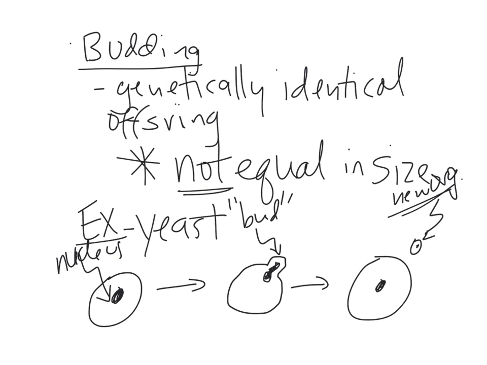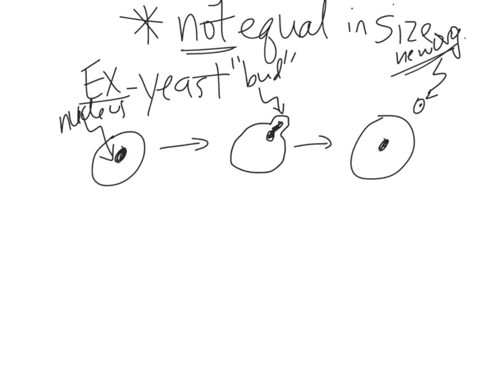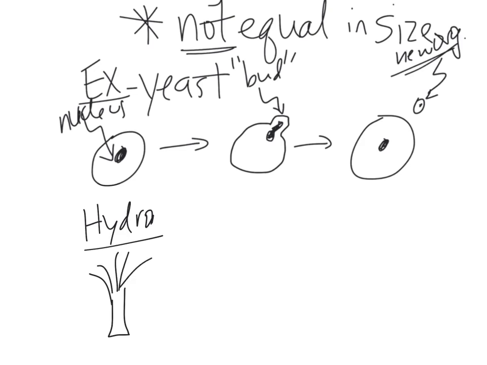Now, we also can see this with Hydra. So let me show you what Hydra would look like. Hydra is a little multicellular animal that lives in the water. They're usually about 2 or 3 millimeters in height, so they're really small. You can see them without a microscope, but they kind of look like this. And again, they're very small. They have these tentacles that stick up like this. So these guys are maybe 2 to 3 millimeters.